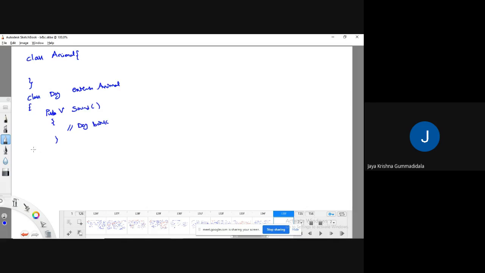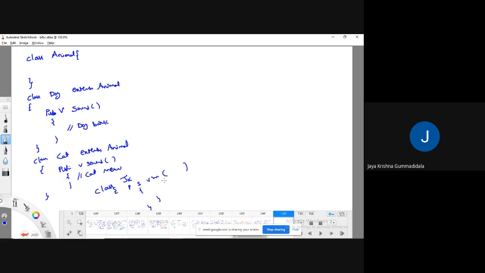And I am going to define one Cat class, which is once again extending the same Animal class. Guys, in inheritance, I can write this, right? Public void sound, then Cat meow meow. Okay, it is done. Now I have defined one driver class, public static void main String args, all this I have written.